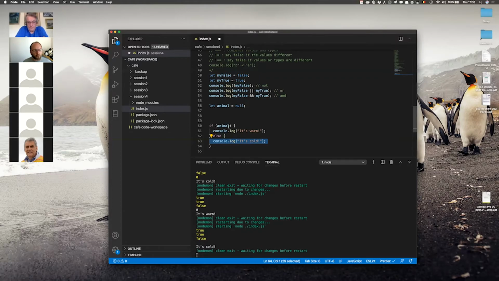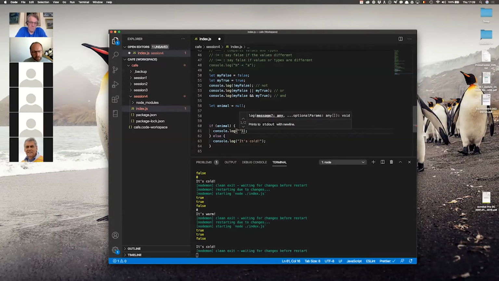So very often you can use this feature as some kind of error checking if you want. I want to do something if I have a favorite animal, and when I write something like this, I know that this code that now says it's warm is going to be used when there is a favorite animal. So I could say,